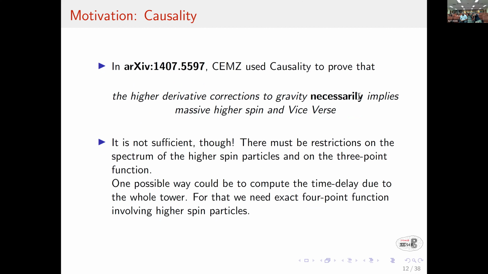A second motivation could be, and this audience knows this part very well, that high derivative corrections probably come with higher spins. And as you know, in that paper they took the string theory answer and showed that it is good with causality. But is it really possible to do more, that if there is a massive exchange, I can compute the time delay and do an infinite sum and make sense of it? In order to do that, I need to have the amplitude. So, at least in my mind, for this to be completely understood, all the things that have been discussed till now have to be completely spelled out, and then one can maybe do some sort of bootstrap or something. That could be one motivation to compute this kind of amplitudes.